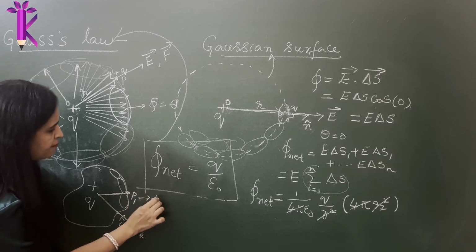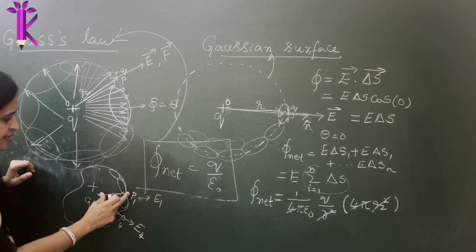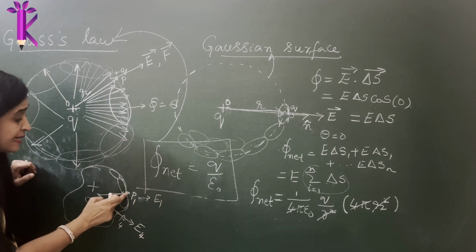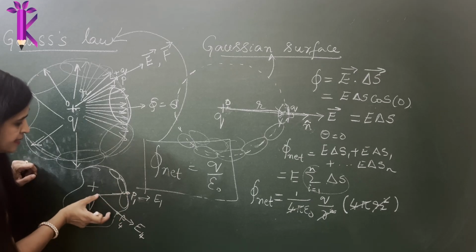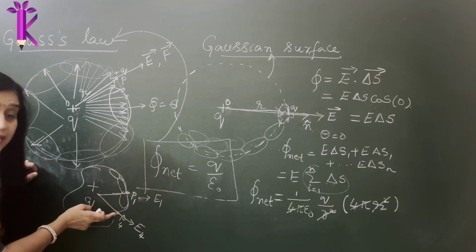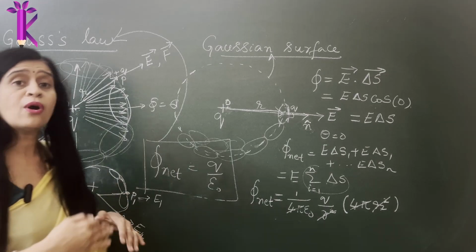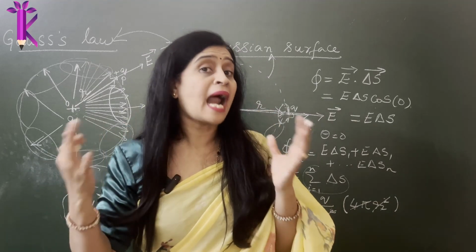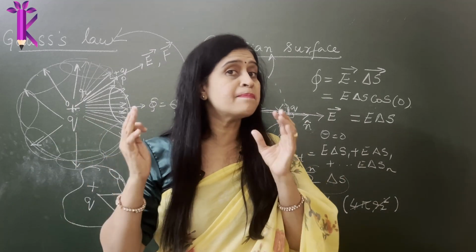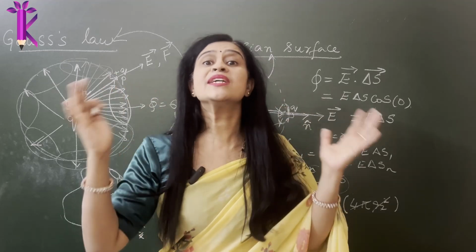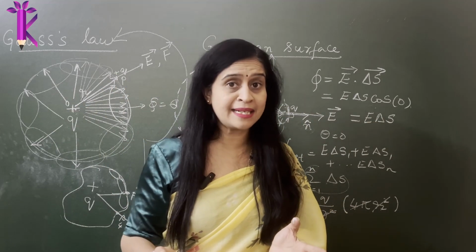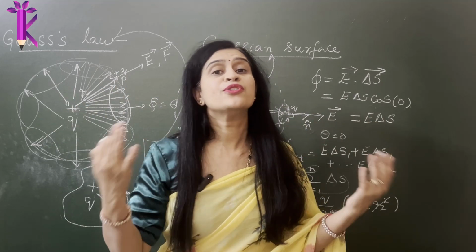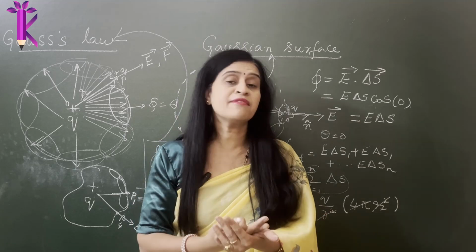Here the electric field value also I'll have to calculate, because this distance between the source charge and the point charge is different. So you are unnecessarily complicating the problem by assuming a random Gaussian surface. So what is the best way to do it? Imagine a surface which has a symmetry. So therefore you simplify your calculation. So see, we solved two problems.